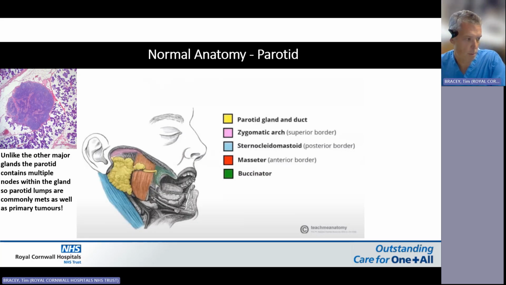The other thing that's worth bearing in mind is, unlike the other major glands, the parotid has multiple lymph nodes in it. So you can actually get lymphomas and also metastatic tumours arising and spreading into those intraparotid nodes. The other thing which you'll see a lot is salivary inclusions, and benign salivary inclusions can occur both